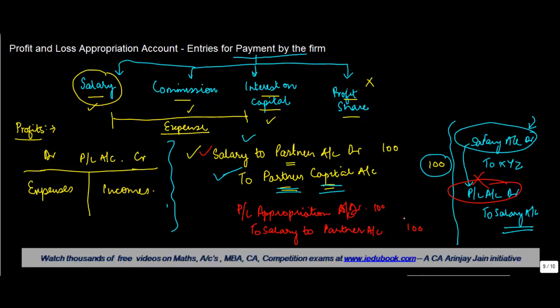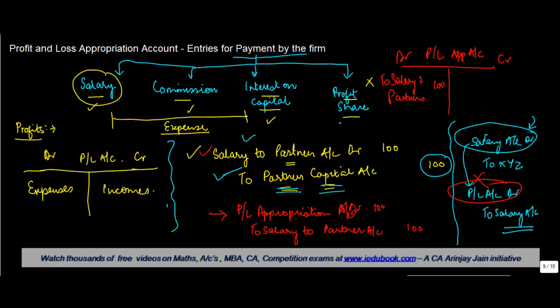right? And when you prepare this profit and loss appropriation account, how do you post these entries? So you prepare a P&L appropriation account. This is the debit side, this is the credit side. So P&L appropriation account debit to salary to partners, 100,